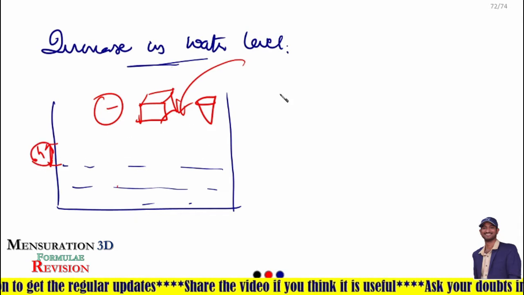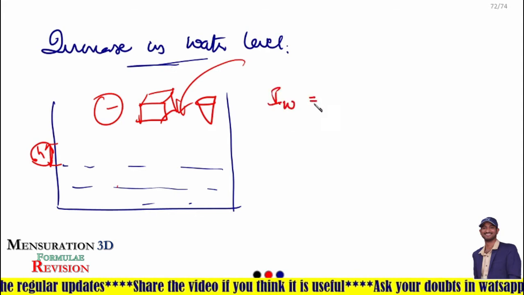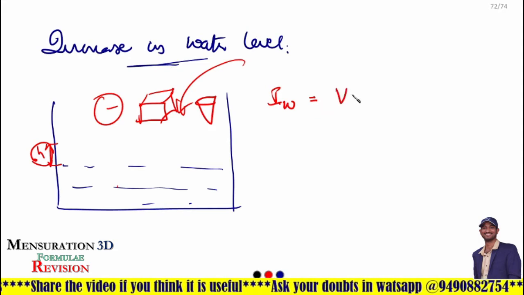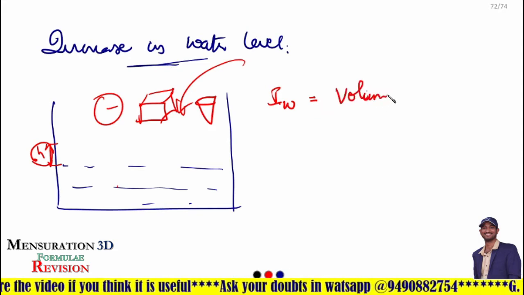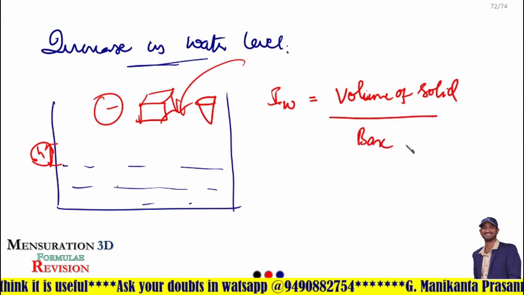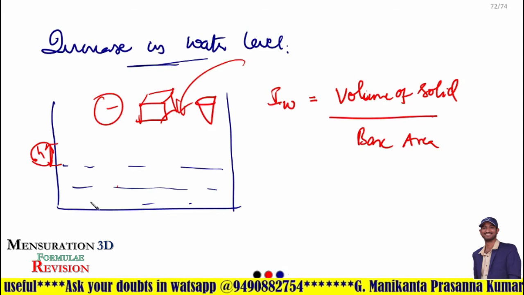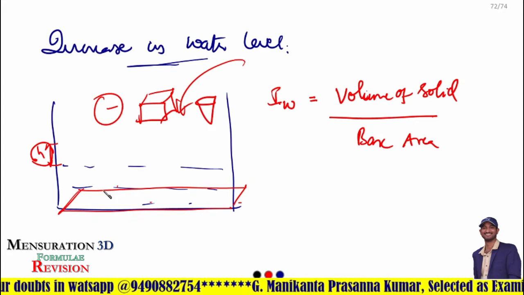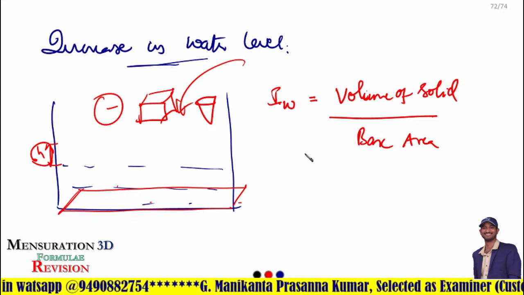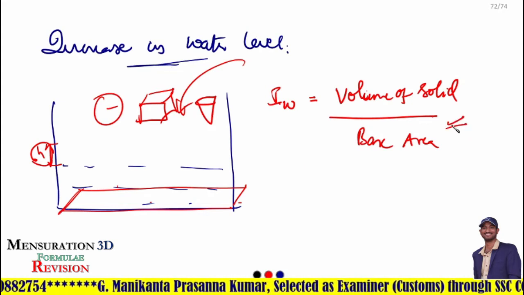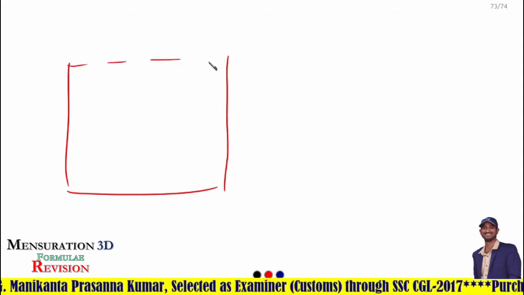Then the increase in the water level, or the height that the water level is raised, is equal to the volume of the solid figure you dropped divided by the base area of the tank. If the tank is a cuboidal tank, the base area is a rectangle. If the tank is cylindrical, then the base area is circular. Okay, volume of the solid by base area. If not, for suppose there is a tank that is full of water,